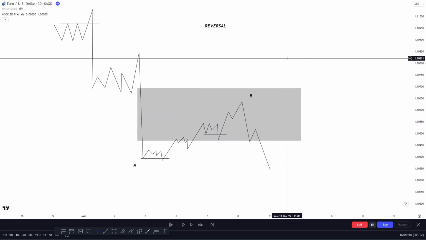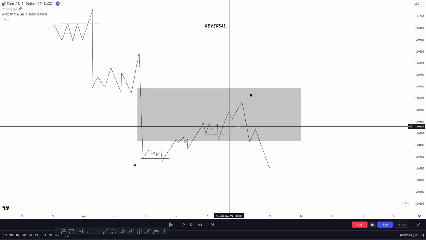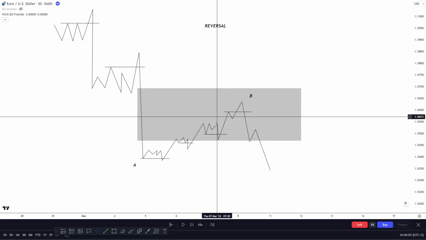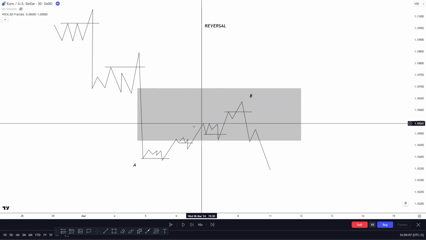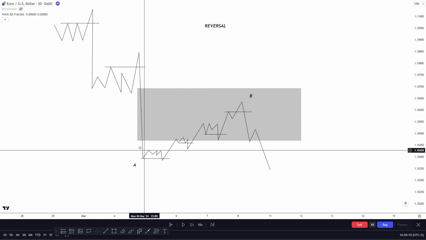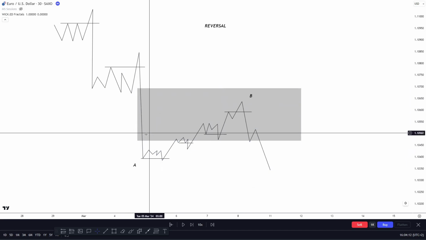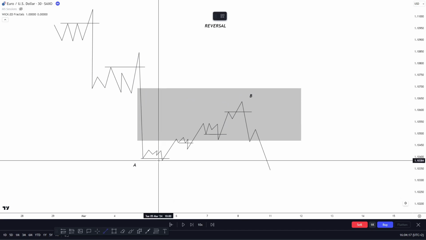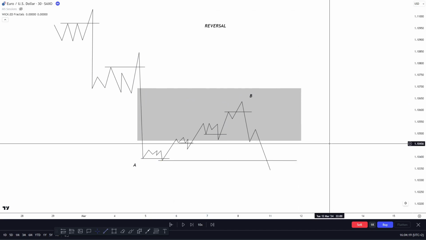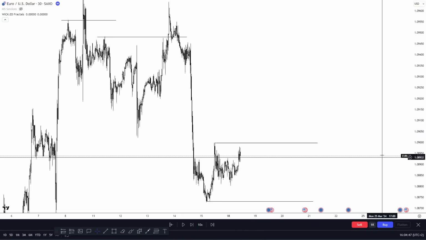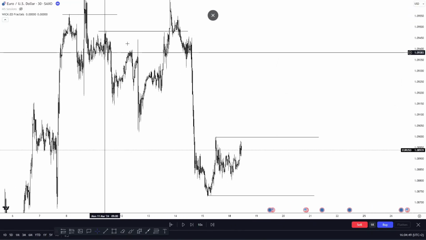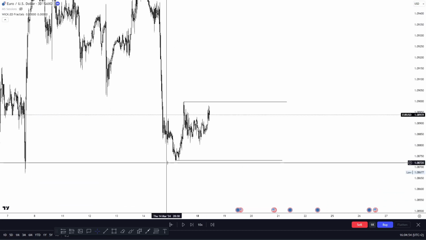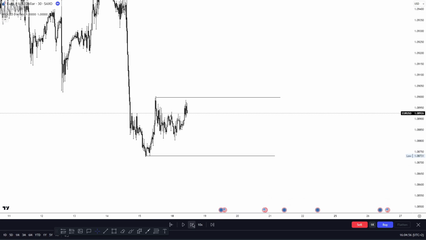So I will be waiting for a confirmation in short direction, and after I get my confirmation in short direction, I will think that my long order flow did its target, so it rebalanced the fair value gap that I had right here, and right now price is ready to go lower, so I'm interested in short positions. So here we can see work with liquidity in short direction, and also we can see work with liquidity in long direction. So we're interested in